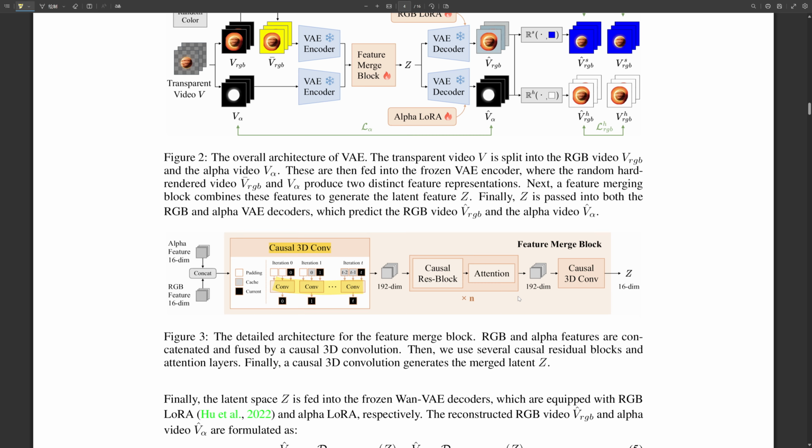It does this by taking the alpha channel and basically making everything that isn't fully transparent completely opaque, setting alpha to 1. So it removes all semi-transparency. Temporarily, for this part of the loss, yes. Then it renders the object onto a random solid background color like bright blue or green or black. By calculating loss on this hard-rendered output, the VAE is pushed to learn the object's inherent color, ignoring any transparency